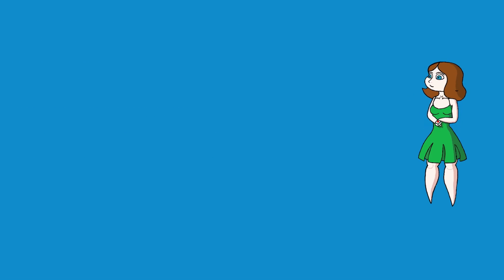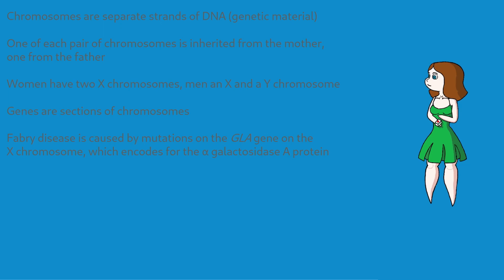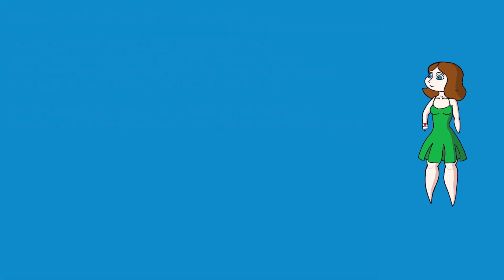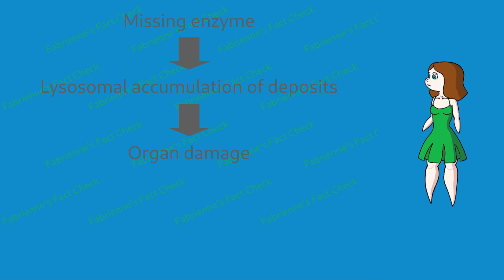Today, using the terms that we explained in the last video, we will be discussing what causes Fabry disease. First of all, we wish we knew. We could tell you something like, a missing enzyme leads to accumulation of deposits in the lysosomes, which in turn causes damage in multiple organs. That's a nice story, and it's something anyone might understand. Telling it would make for a very short video, meaning Fabrienne could go and get some rest again.